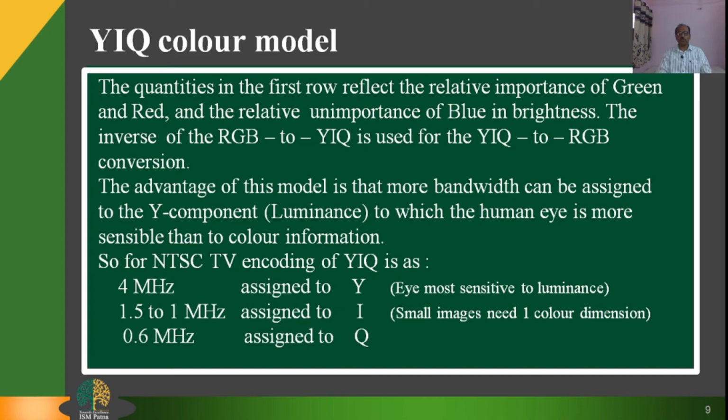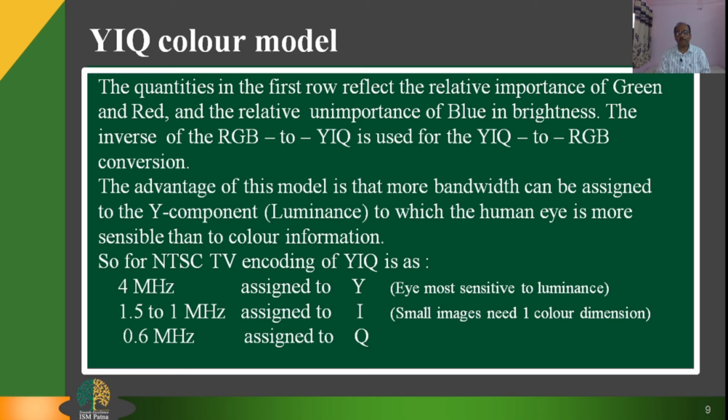The above equation assumes that the RGB color specification is based on the standard NTSC RGB phosphor whose CIE coordinates are, on the x axis, red 67%, green 21% and blue 14%, whereas on the y axis, red 33%, green 71% and blue 0.8%. The advantage of this model is that more bandwidth